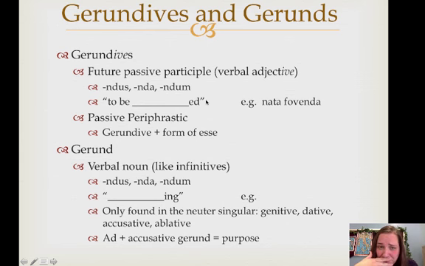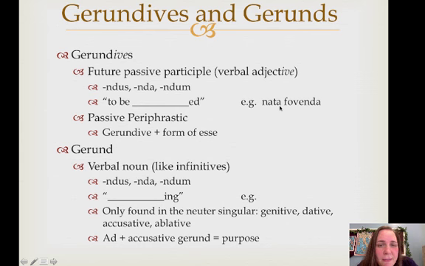And actually, we've already seen the gerundive in use, because the gerundive is the future passive participle, right? It is the present stem. If you have a third -io or fourth conjugation, you have to add an e or an ie, plus -ndus, -nda, -ndum, okay? And it can be translated in various ways. So for example, fawenda, here is this verbal adjective, this future passive participle describing nata, so a daughter to be